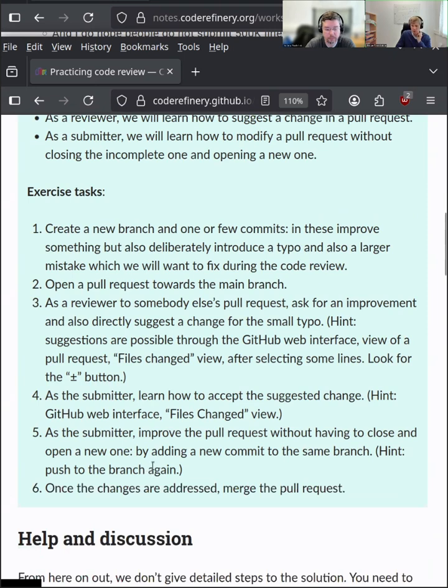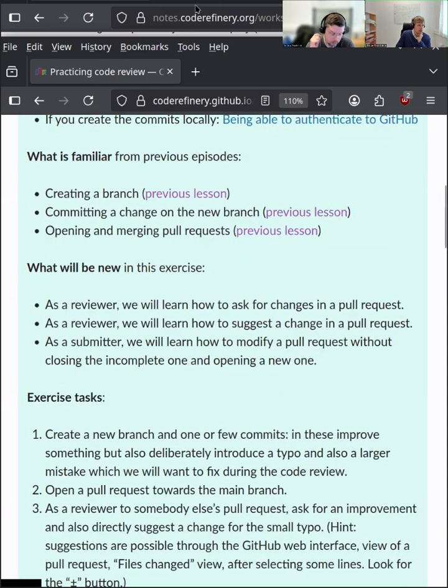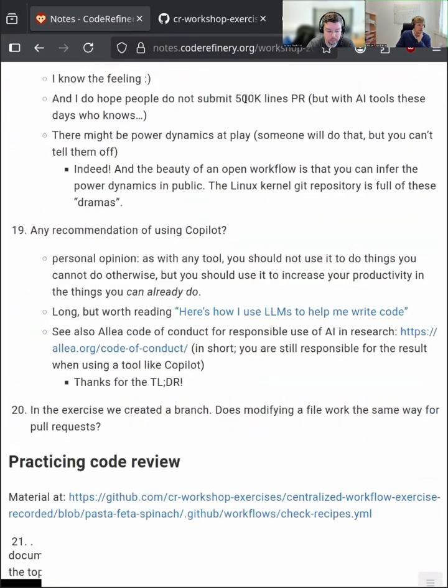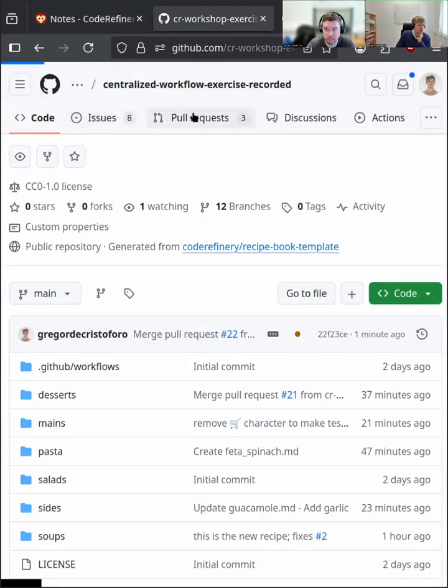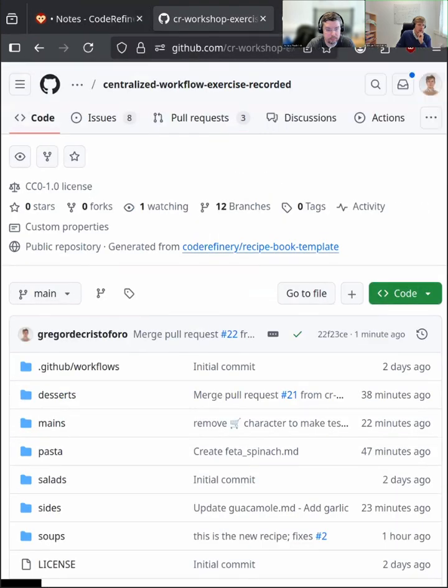So we've already shown most of these steps here during the stream, but I will ask you now to create additional pull requests. Let's see how many pull requests we have. If we don't have enough, we might need to make a few more. Let's go to the number of issues and pull requests. So for this exercise, we'll ask you to create a pull request again, and then go through the review process, which is mentioned.